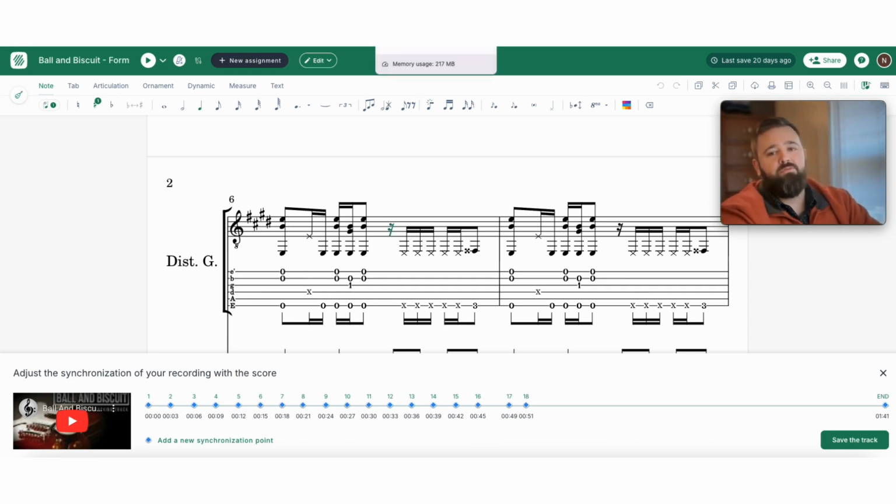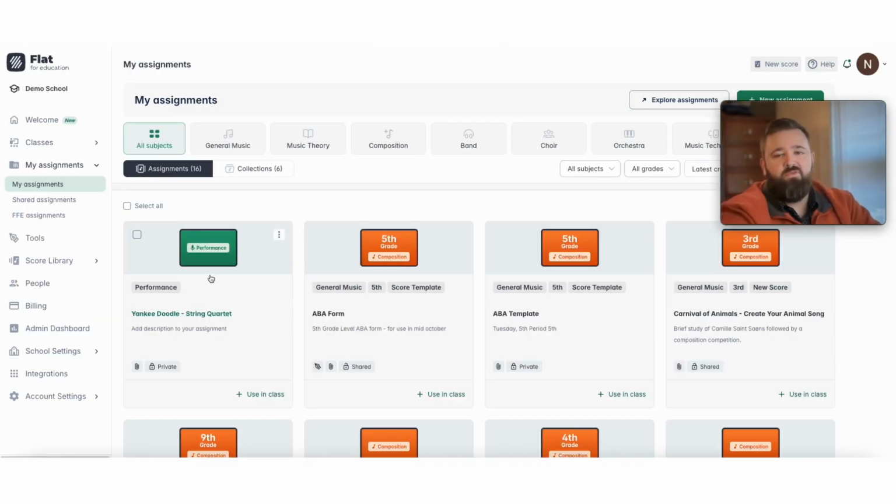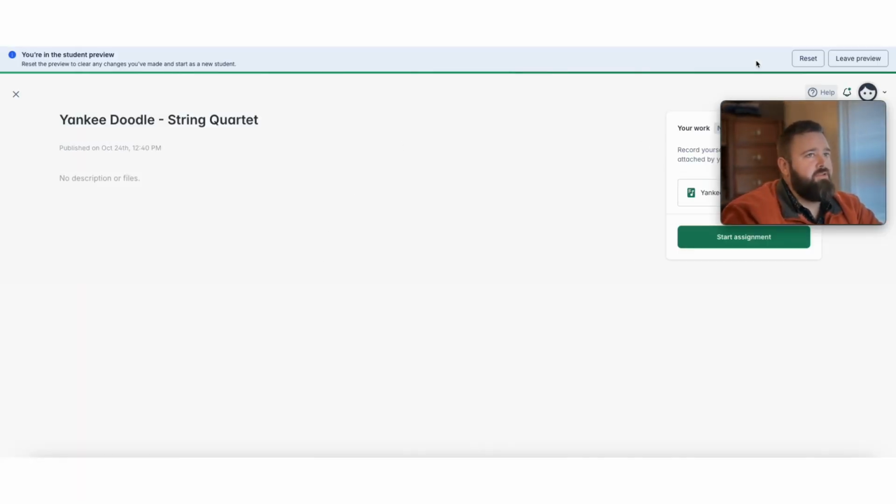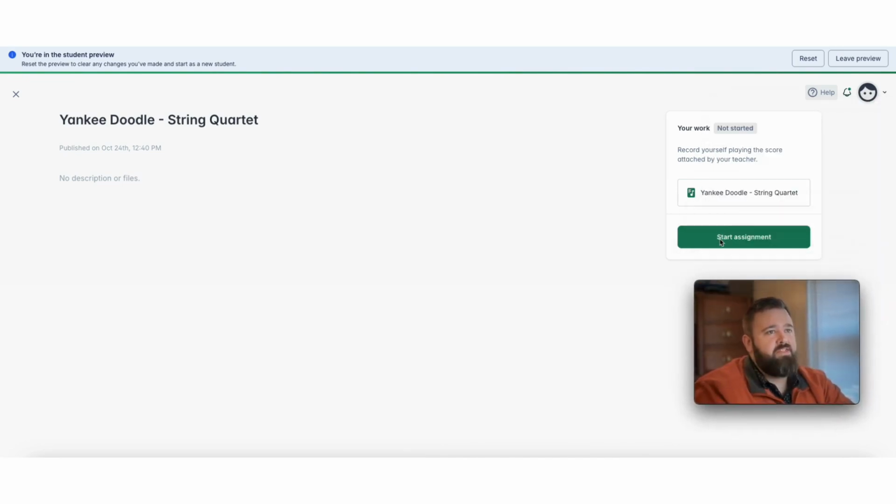Additionally, another great tool for students who have hearing issues or need to be able to listen back to their music is found when you use a performance assessment. Obviously, performance assessments are a great way to assess your student's ability to perform a song, but it's also a great chance for them to hear themselves before they submit. I'm going to click on Student Preview here so you can see it from the student side, and as it loads, I can show you that when I start my assignment,